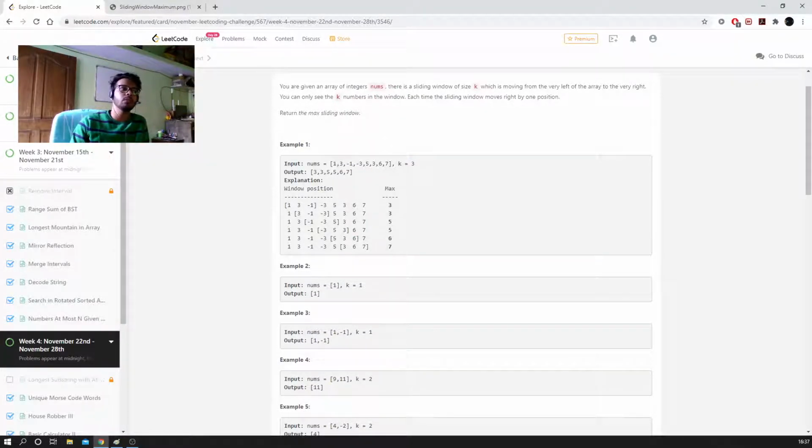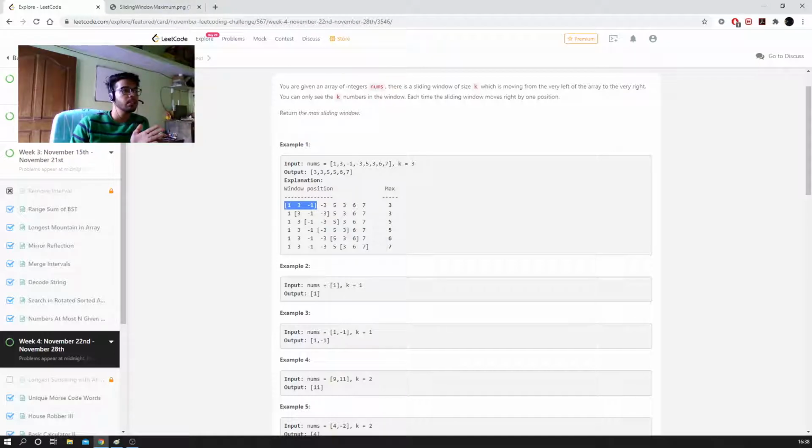What we need to do is, while sliding through the array, we can only see the array for that window size. In this we can see the whole array, but let's just say that we can only see the array for that window. What we need to do now is find the maximum of each window. If a window is of size 3, that means it contains 3 elements. We need to print the maximum element out of those 3.